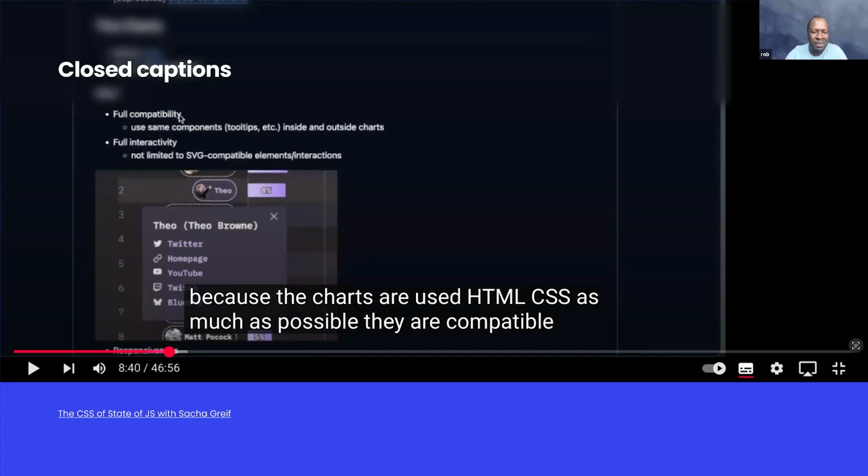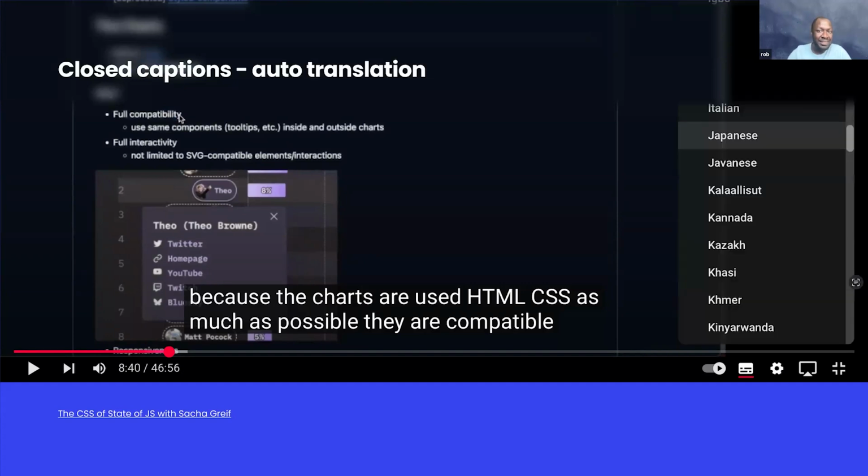And I've often seen it as well, maybe on Instagram, if you're out in public and you don't necessarily have your headphones, and maybe you want to watch a story. Sometimes people do put captions or subtitles, and you're able to understand what's going on in a video, in a reel. These days, it actually gets even better because the closed captions also support automatic translations, which again makes a video even more accessible to many others.